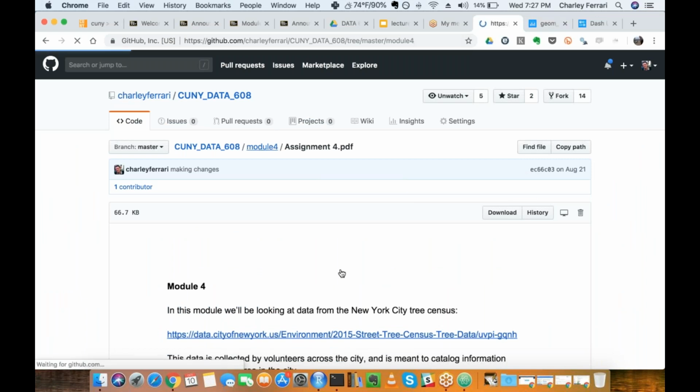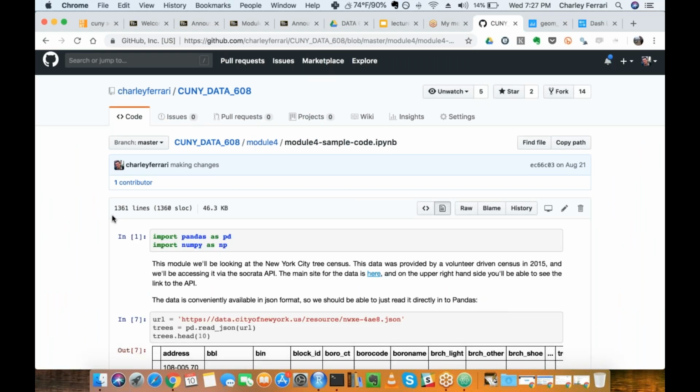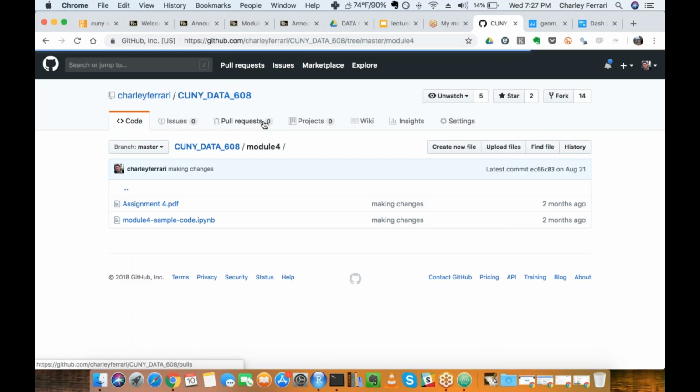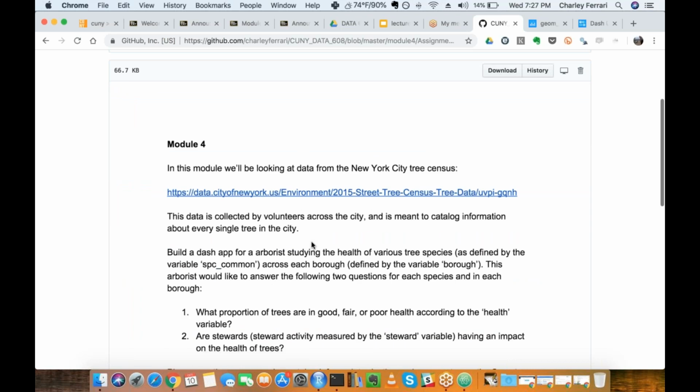And then to finish off talking about assignment 4, I have some sample code here. What we're doing with the actual module itself is looking at data from the New York City tree census.